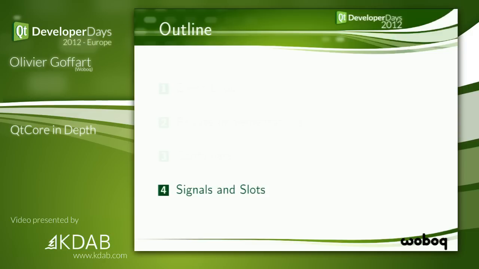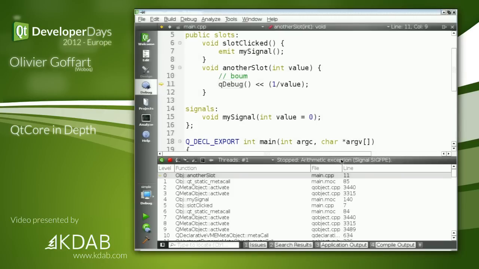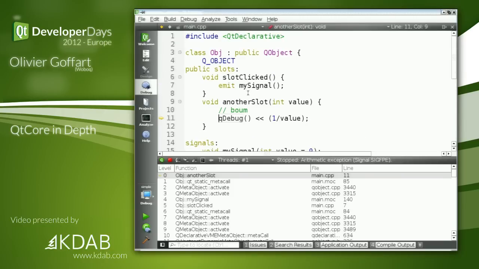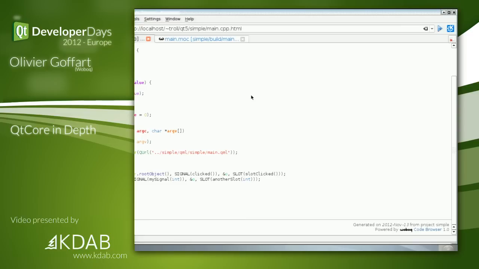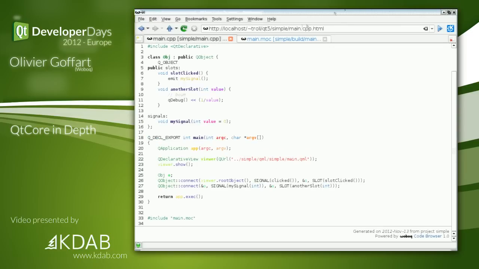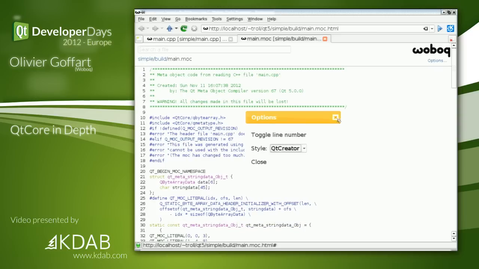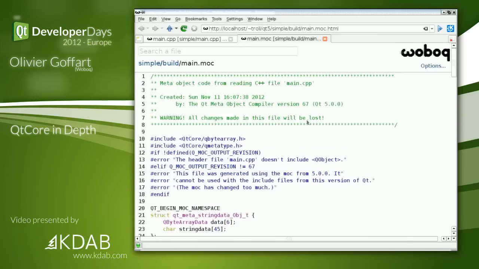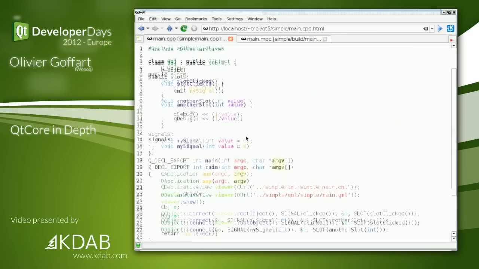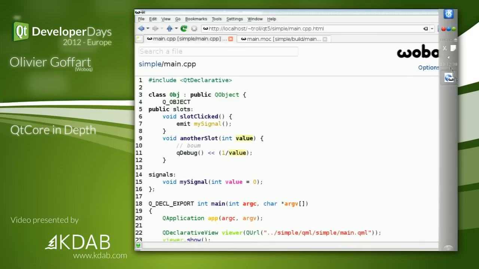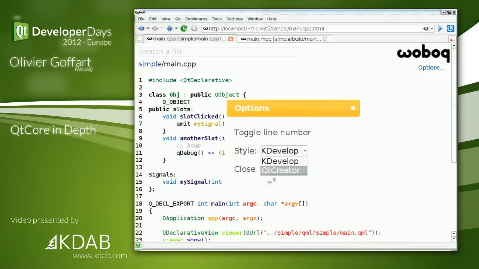And then, so let's go back to our example here. Signal slots, how do they work? I have here the moc generated code. Oops, I'll just change to Creator. So when you have one file like that,